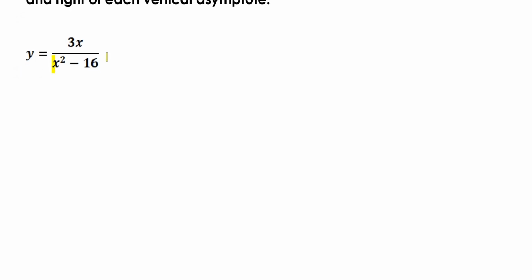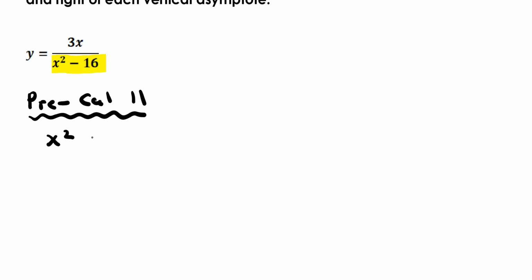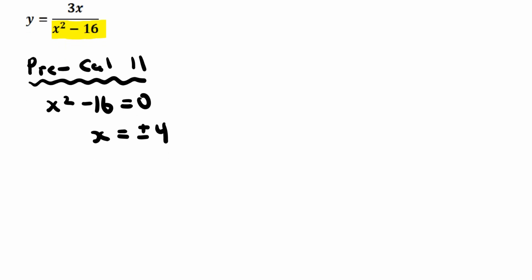So if I go back to pre-calc 11, I can take the denominator, set the denominator equal to 0, and x would equal plus or minus 4. So I have two vertical asymptotes, but you have to remember when you have two vertical asymptotes, a question that was usually asked, a